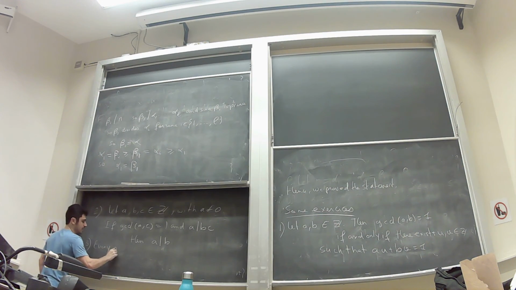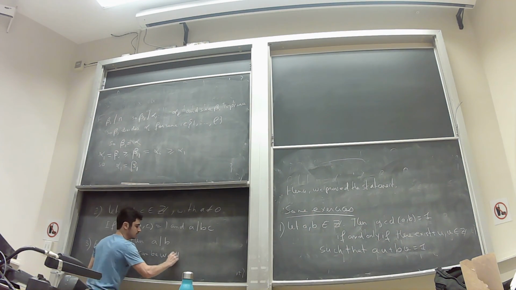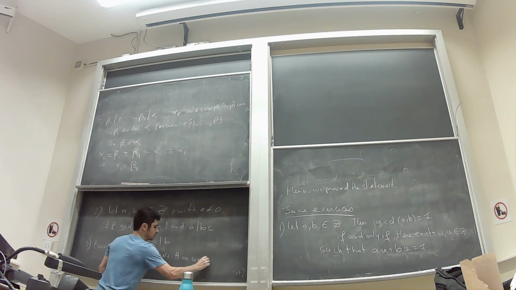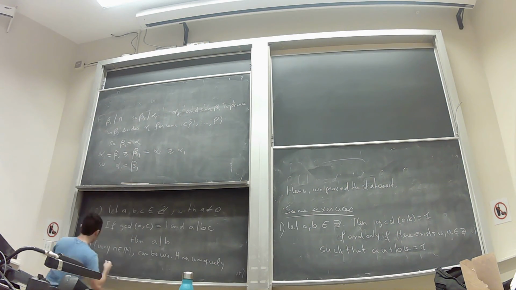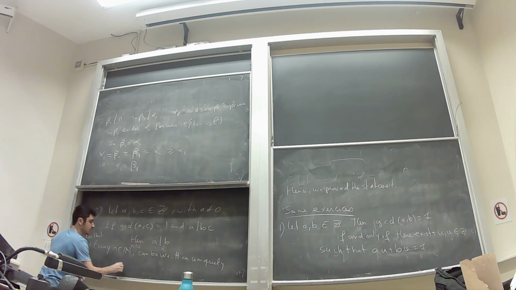3. Every n in N, this is why I did not use P before, can be written uniquely. We'll show that, I mean, this should be obvious. Show that every n in N, n bigger or equal to 2, can be written uniquely as